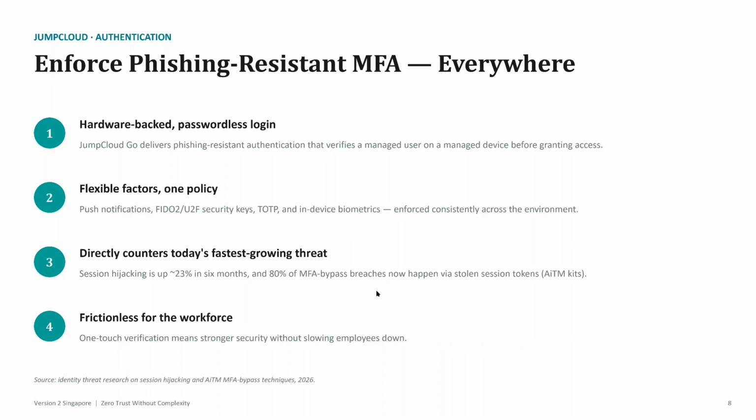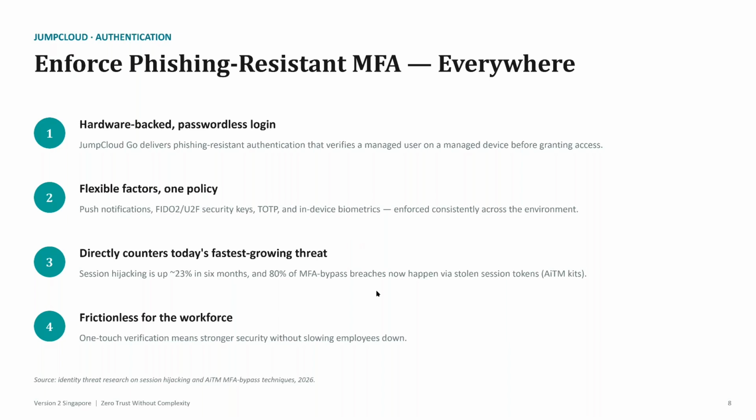And then about the authentication. We can enforce phishing-resistant MFA everywhere, because sometimes some of your applications or devices don't support MFA. Then you can integrate with JumpCloud, and we can help you support hardware-backed or passwordless login for a modern and easy-to-use MFA authentication.